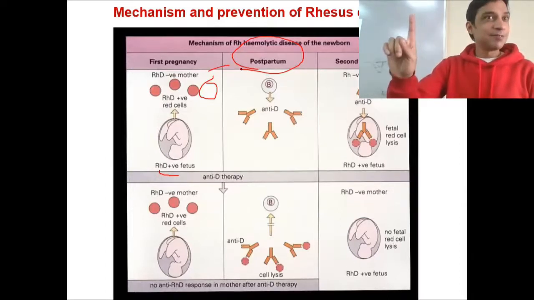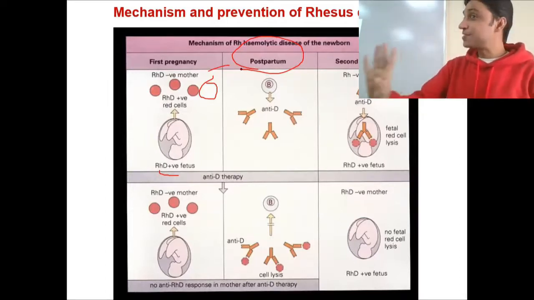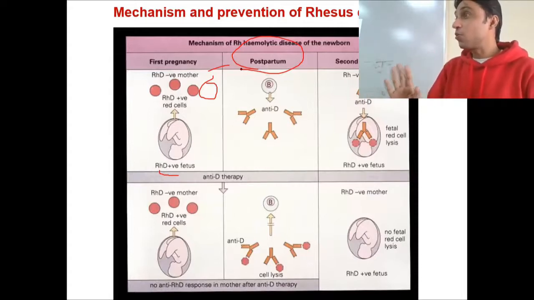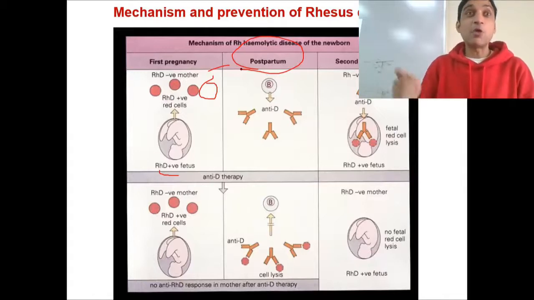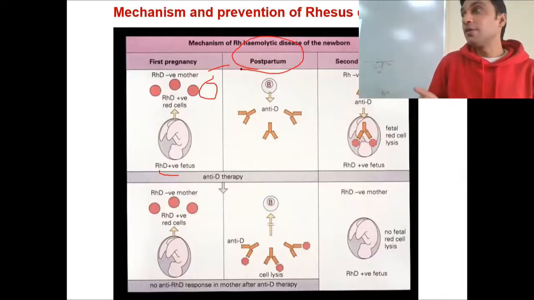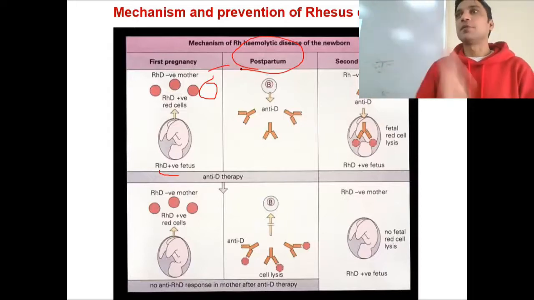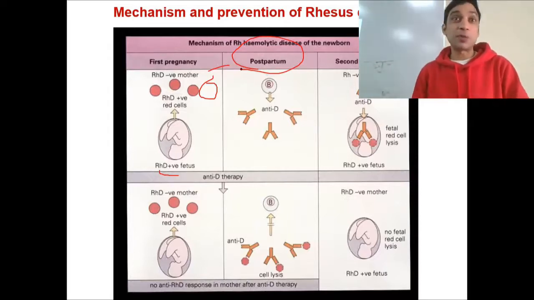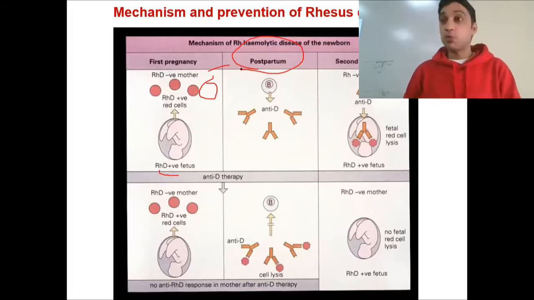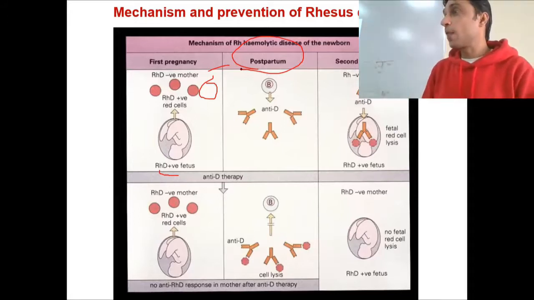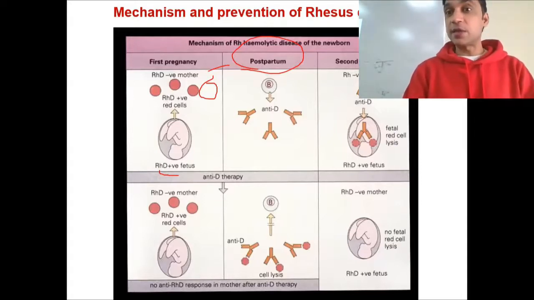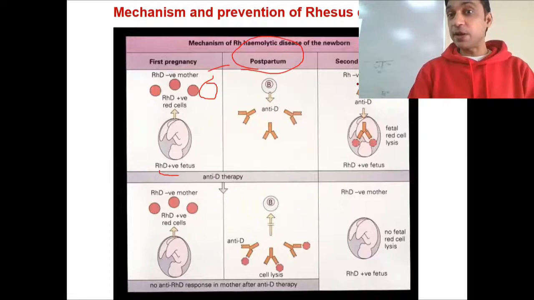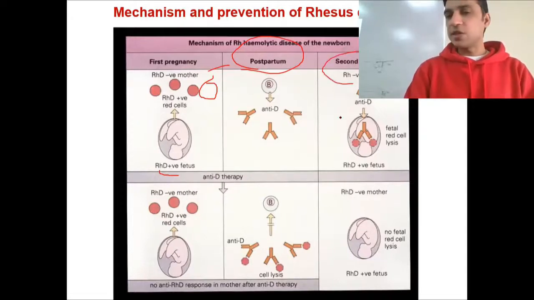First baby is fine, first baby is delivered, baby is safe, but the mom does not know, she doesn't have any understanding that her body is now carrying antibodies against the RH positive blood. It was not there earlier; exposure happened at the postpartum stage, when delivery happened, when the rupture happened, all of it happened at that time. Now, if the same mom, look at that, in the second pregnancy, the mom is negative once again, but the mom is also carrying the anti-D.